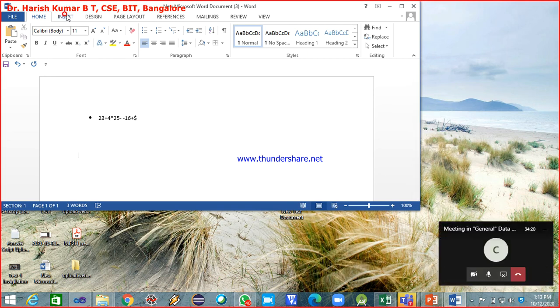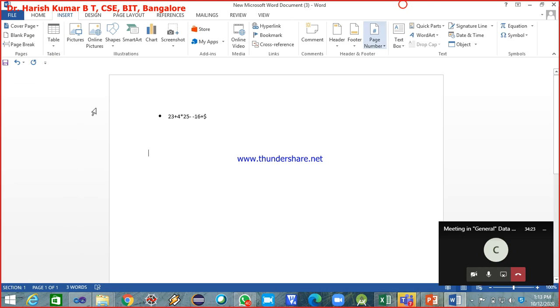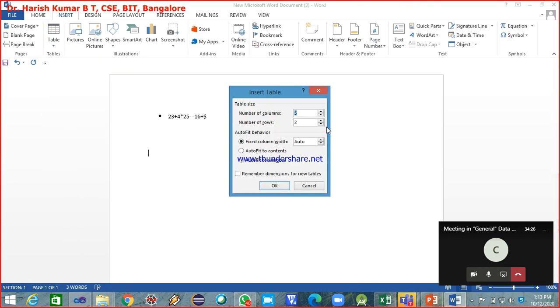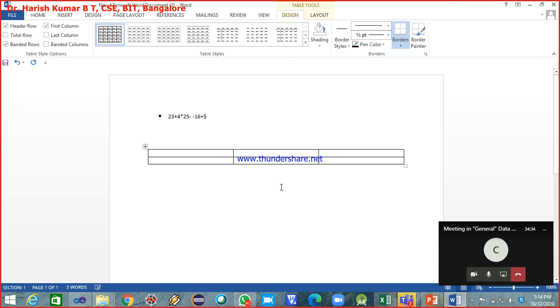I'll insert a table. So 3 columns. Okay. So I'll write token here, and stack, and then top.